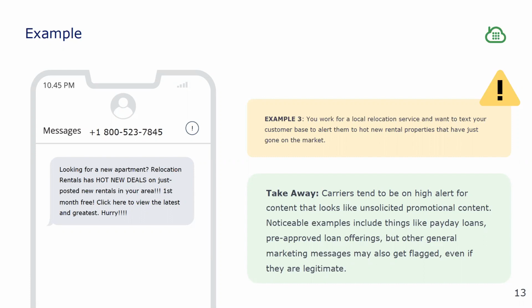Your customers in this particular case would have signed up and requested these alerts and notifications. It's a totally legitimate alert and notification use case for an A2P product like a toll-free number, but it's important to make sure your content will pass the message filters, and that means it needs to look like an alert or reminder. We actually publish a really good best practices guide with some tips and tricks on how to craft these messages, with a few really easy things you can do to avoid these content filters.